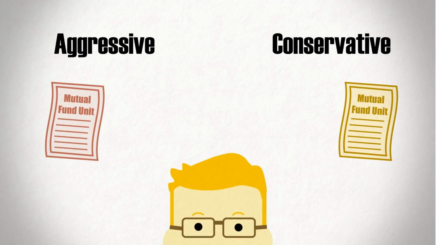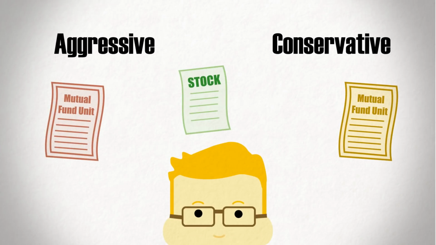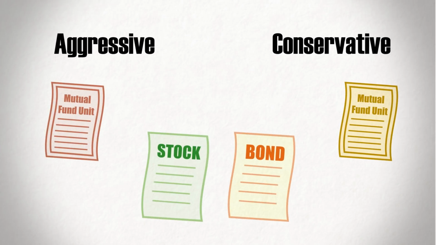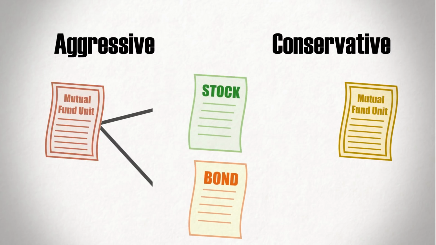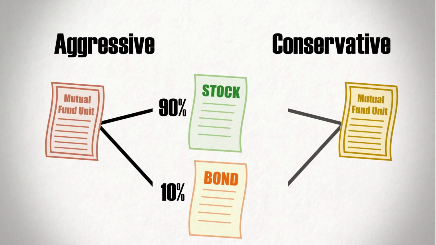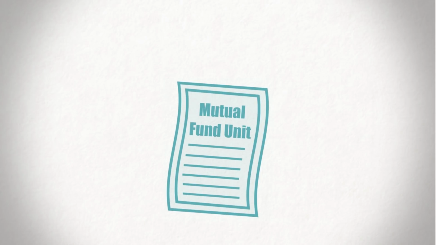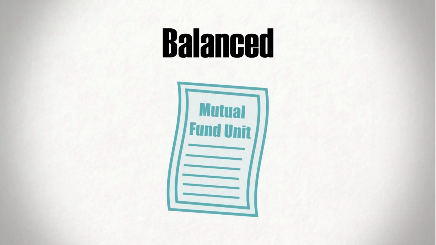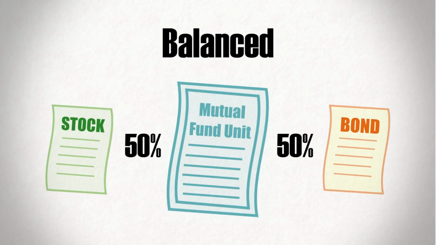These terms may also tell us a bit about the fund's equity and bond mix. Because equities are considered higher risk investments than bonds, aggressive funds tend to have a higher equity weighting, while conservative funds tend to be more fixed income. Funds may also be described as balanced, which, as you can probably guess, means that there's an even split between the two. All right, so just from the fund's name, we can already ascertain what it holds and even the degree of risks that it poses.